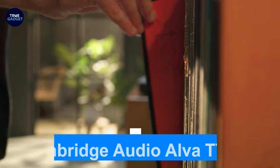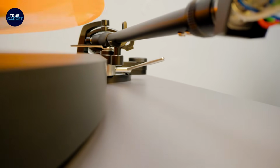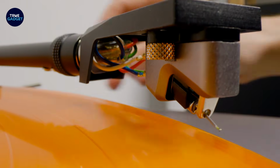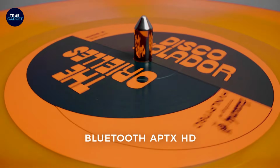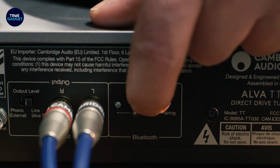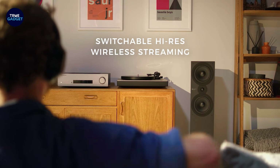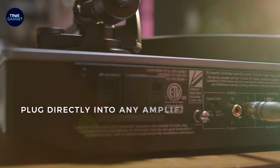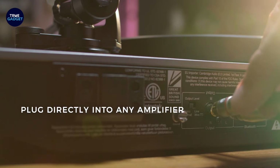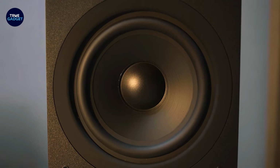Number 5. Cambridge Audio Alva TT-V2. The Cambridge Audio Alva TT-V2 is a high-end turntable made for people who desire both contemporary convenience and excellent sound quality. Because of its direct drive mechanism, which guarantees steady and accurate playback, listening to it feels incredibly precise and controlled. Strong clarity in the vocalists and instruments generates a broad and engrossing soundscape, and the sound output is clear,